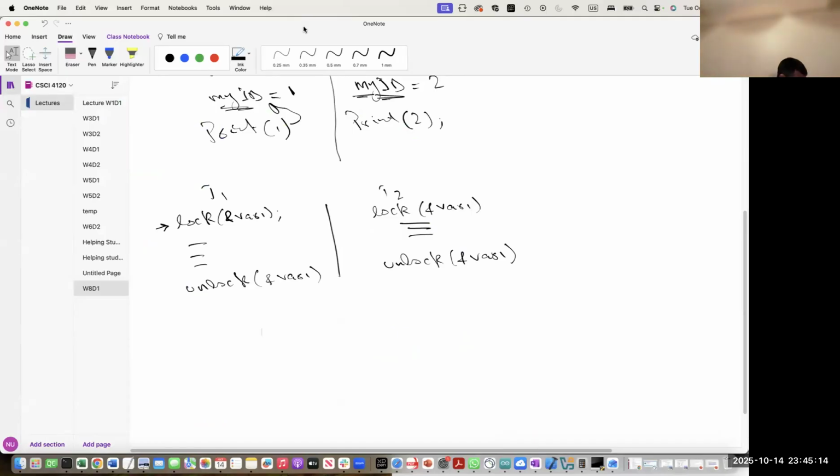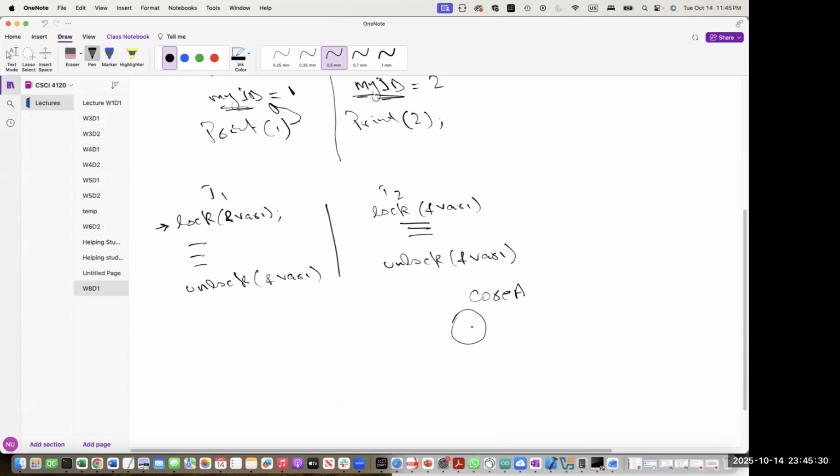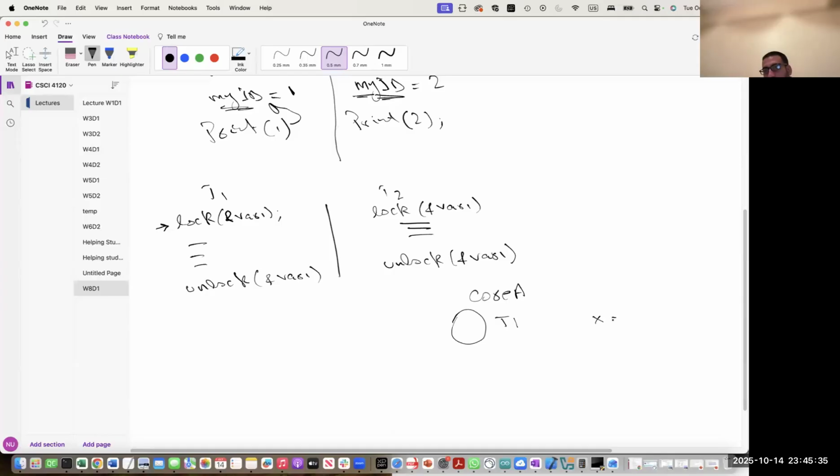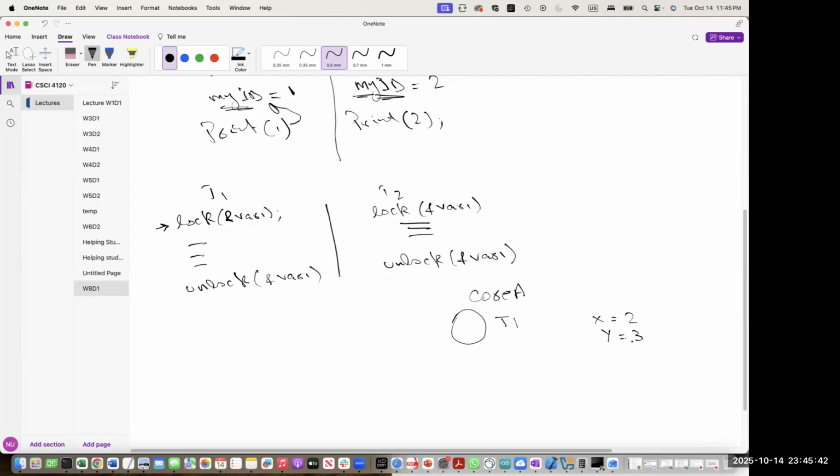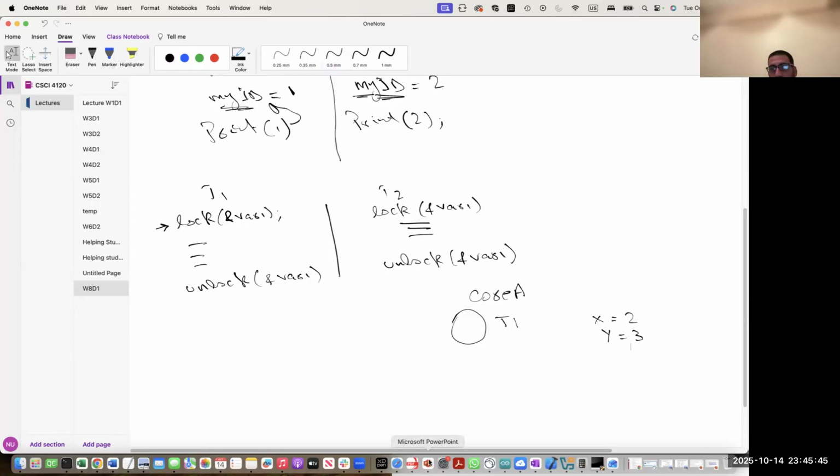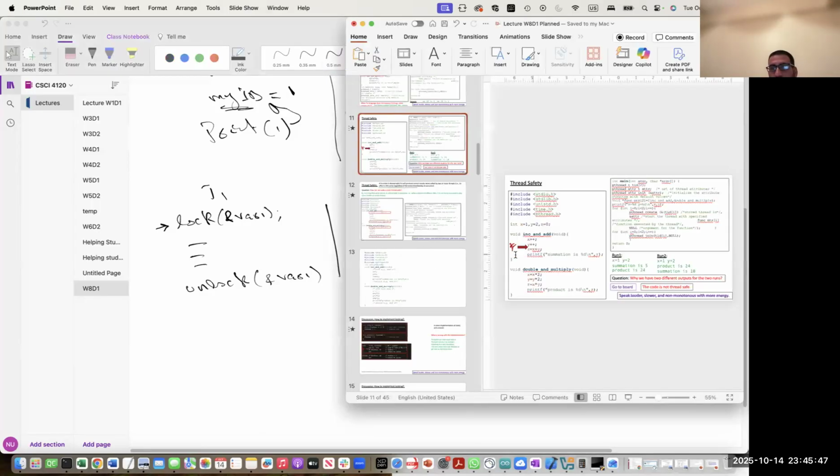Our basic assumption is that we have only one core in the system. So only one thread can run on a core at a time, thread 1 or thread 2. Let's say first thread 1 is running. It sets x equal to x plus plus, so it becomes 2. It sets y equal to y plus plus, so y becomes 3. And then, before it executes the next line,